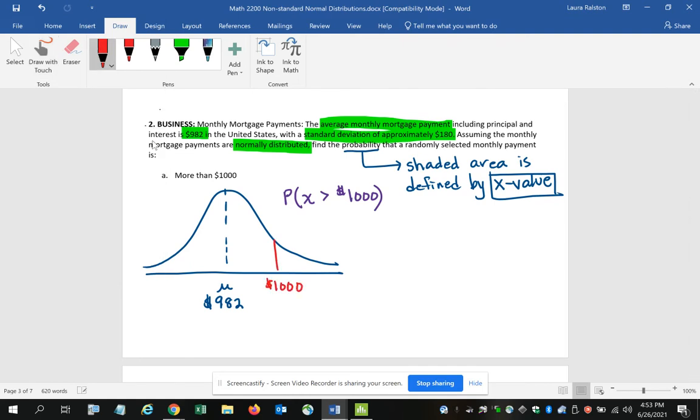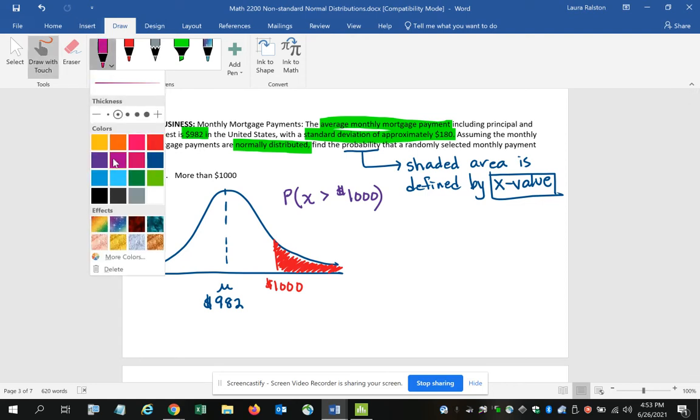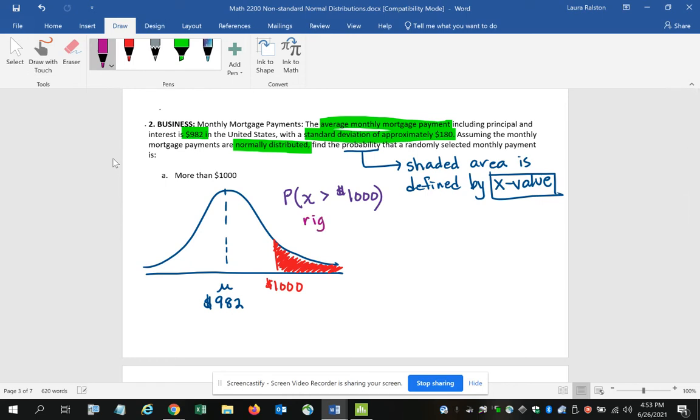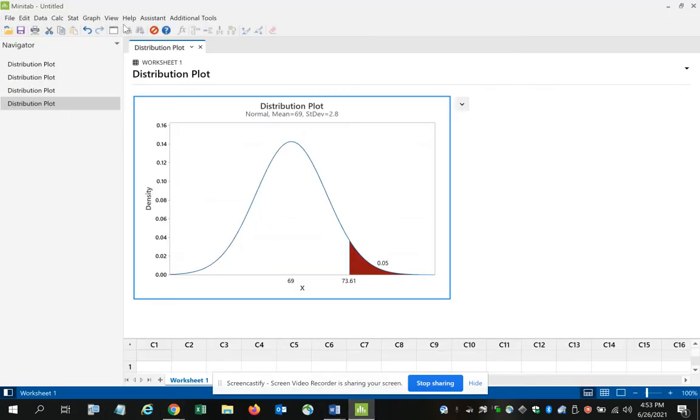And I want to be more than that, and it would be more than that on the number line to the right. Hopefully that's common sense to you. Numbers that are larger are always to the right. Numbers that are smaller are always to the left. So that helps me identify the fact that this particular scenario is a right tail. And again, the fact that I'm looking for the probability tells me that the area is defined by the X value. So out to Minitab,